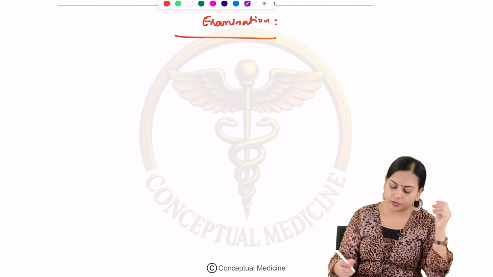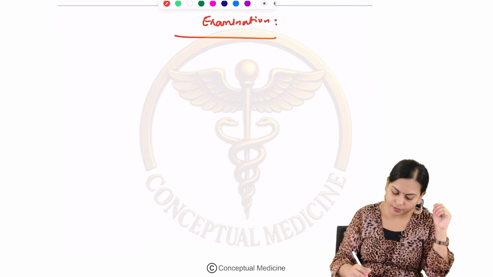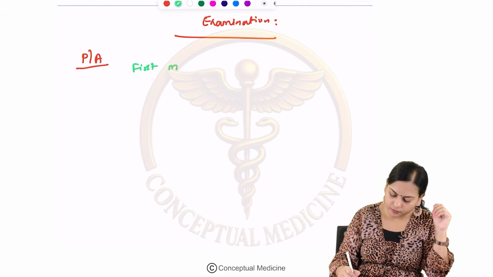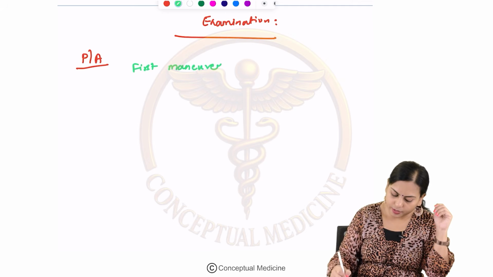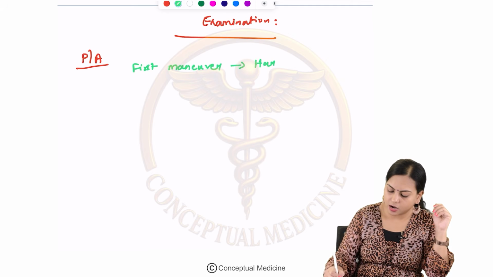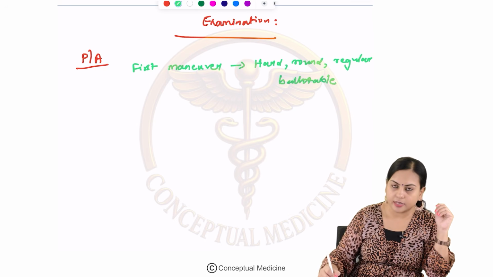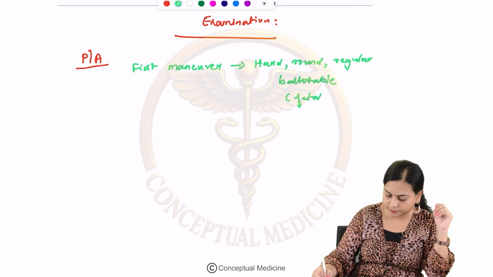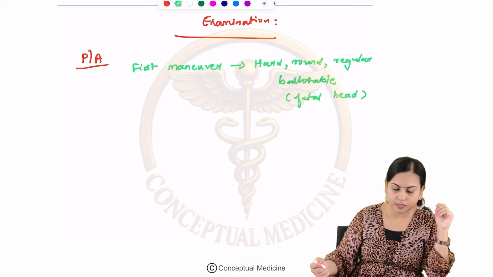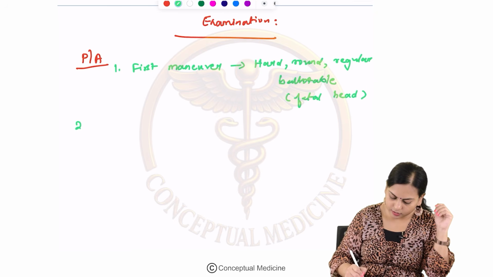So, what are the findings you get when you perform maneuvers? Okay, that is abdominal examination. Per abdomen examination shows that the first maneuver, you will be able to see a hard, round, regular, ballotable fetal head in the fundus, right? Then the second maneuver